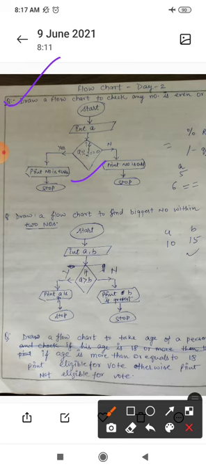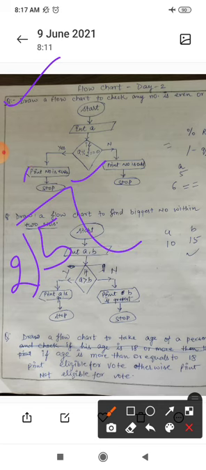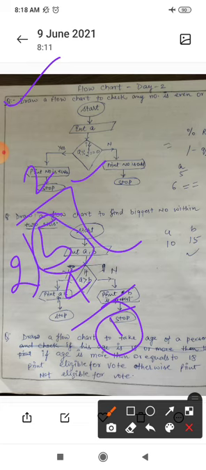So when you divide your number, suppose you want to check whether 5 is even or odd, you will divide 5 by 2. Okay, 2 3s are 6, 2 2s are 4. The remainder is 1. So here the remainder is 1 means what? 5 is not an even number. Clear? So if the remainder is 1 when you divide your number by 2, it means your number is not even.